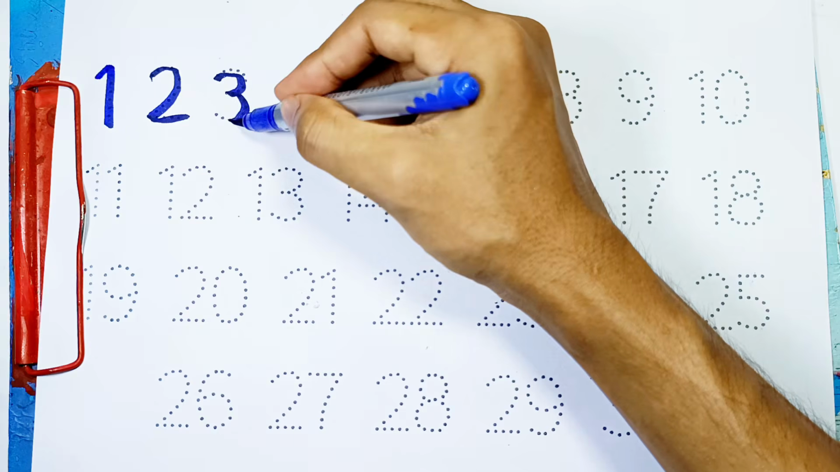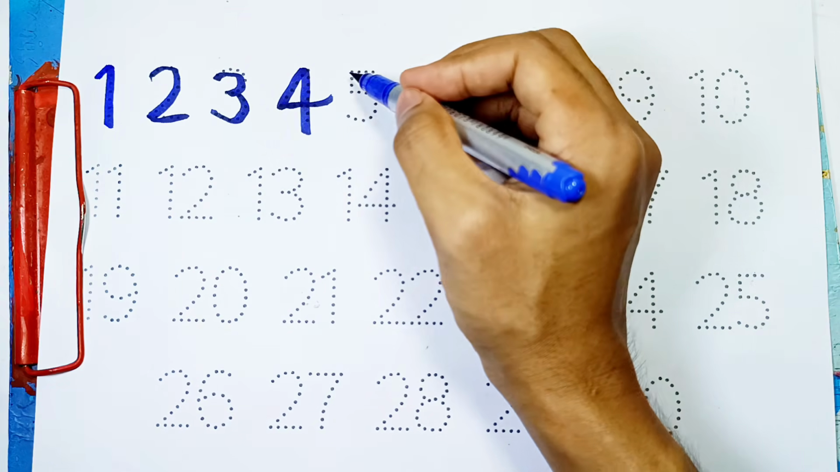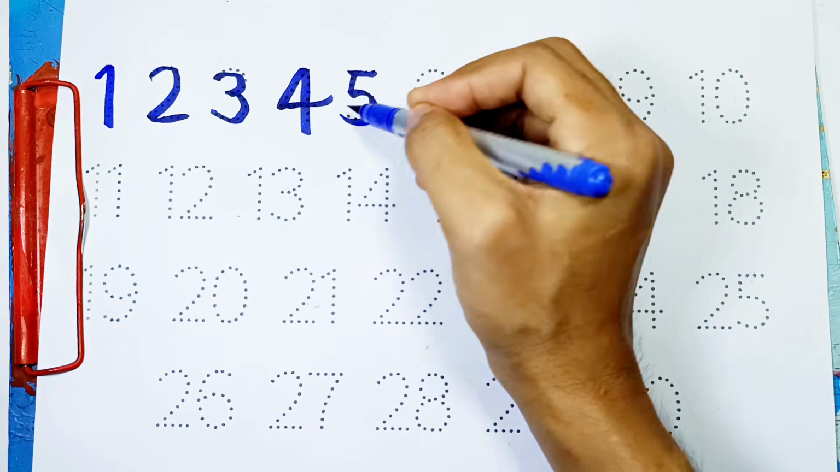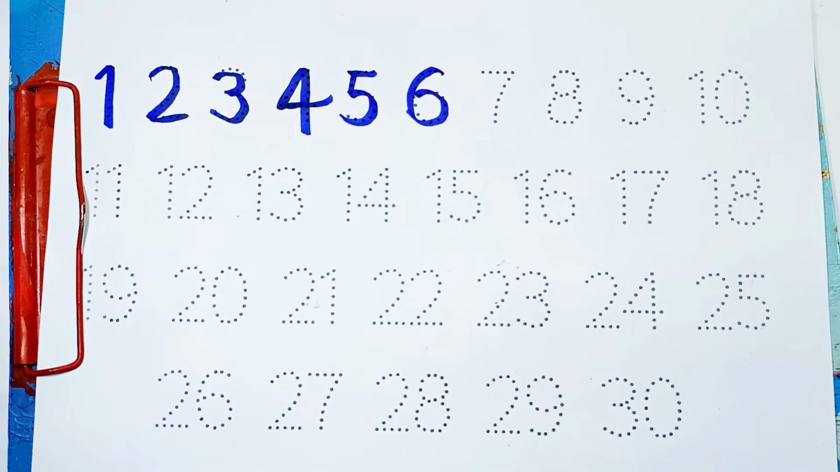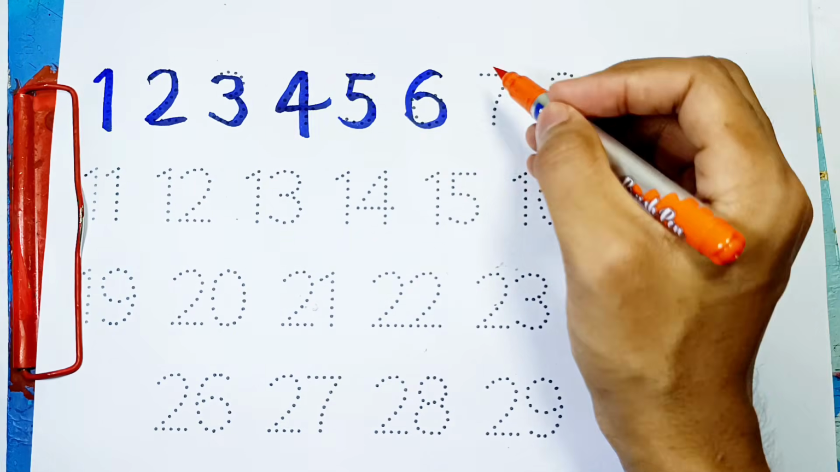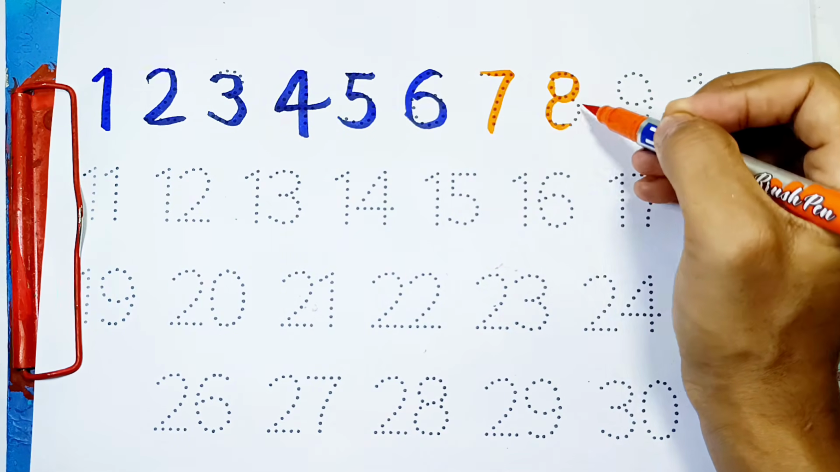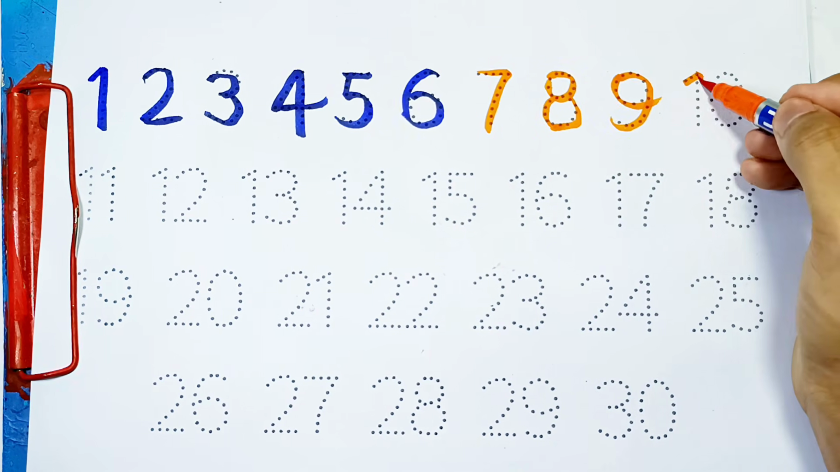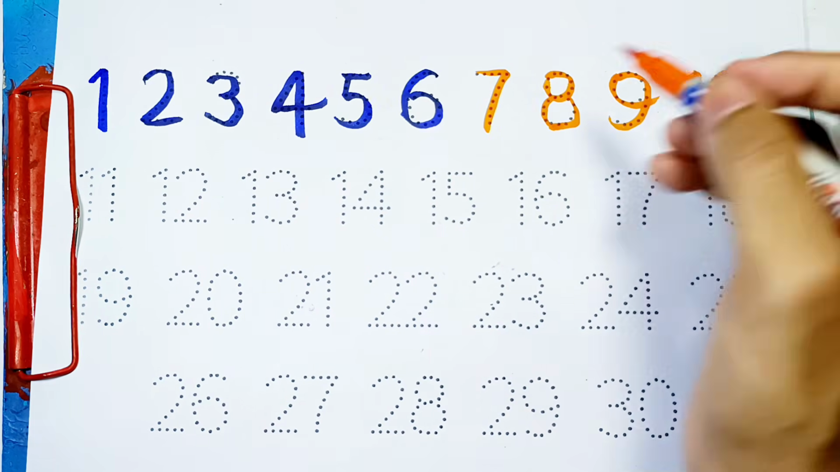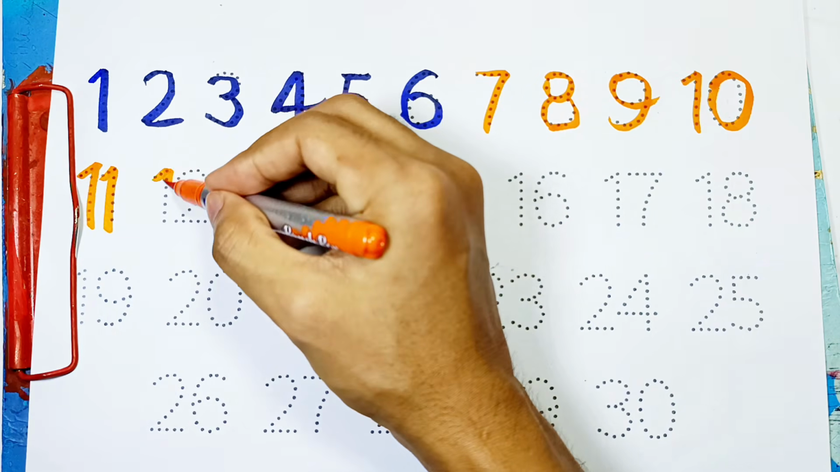The next one is 3, THREE. The next one is 4. Now we're writing the number of 5, and the next one is 6, SIX, 6. Kids, now we're using the color of orange. 7, SEVEN, 7, 8, the number of 8, 9, and the next one is 10, TEN, 10, 11, 12, the